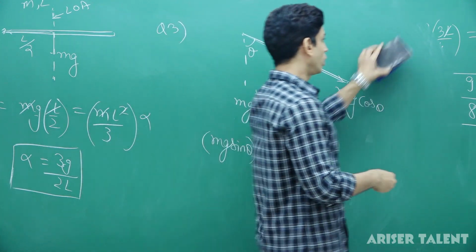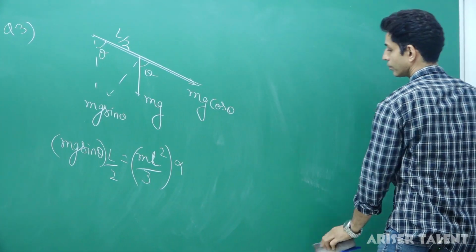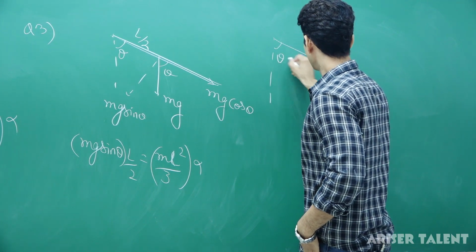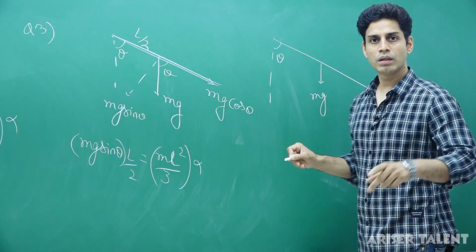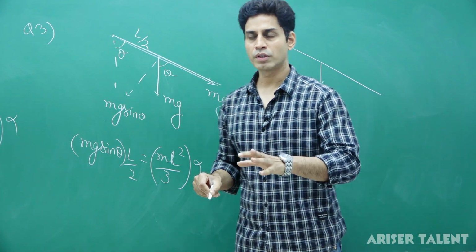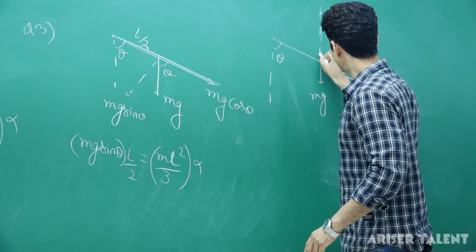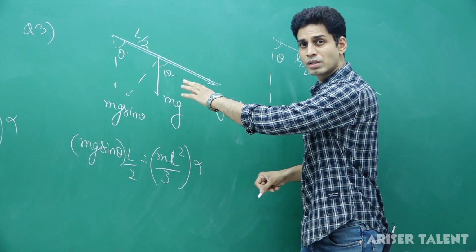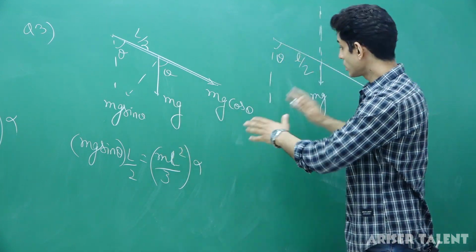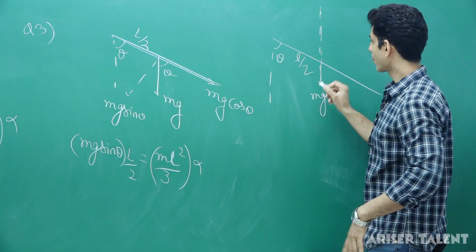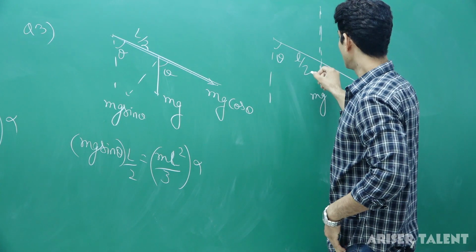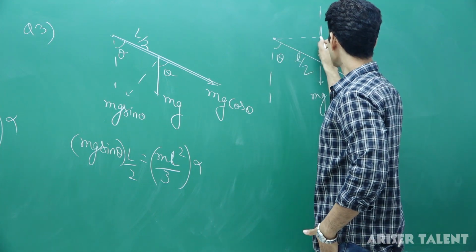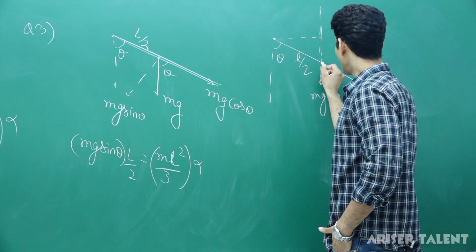Now, what I was telling you from the beginning is to calculate the torque as force multiplied by the perpendicular distance of the line of action of the force from the axis of rotation. So this is the line of action. This is just a way to solve the numerical, but this is our standard procedure. Always follow this. Now, this rod is rotating about this axis. So this is the perpendicular distance.